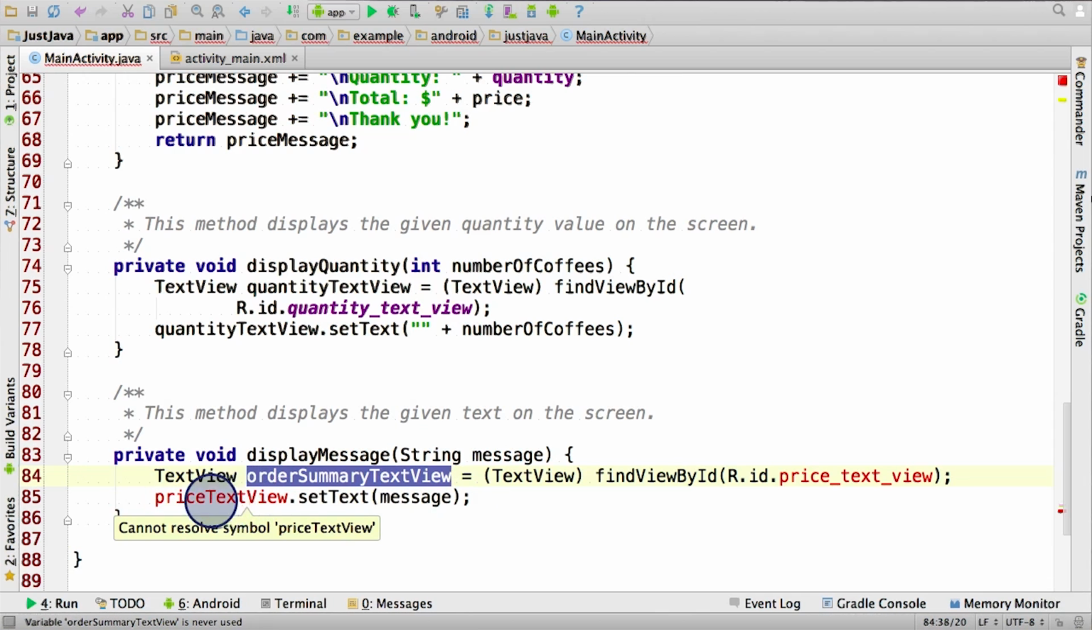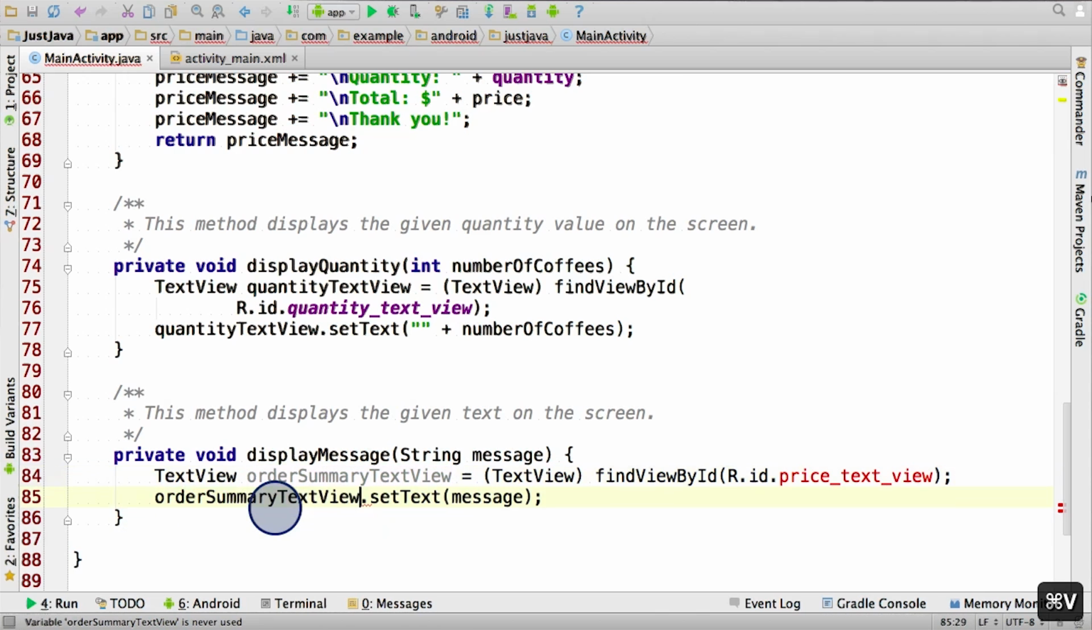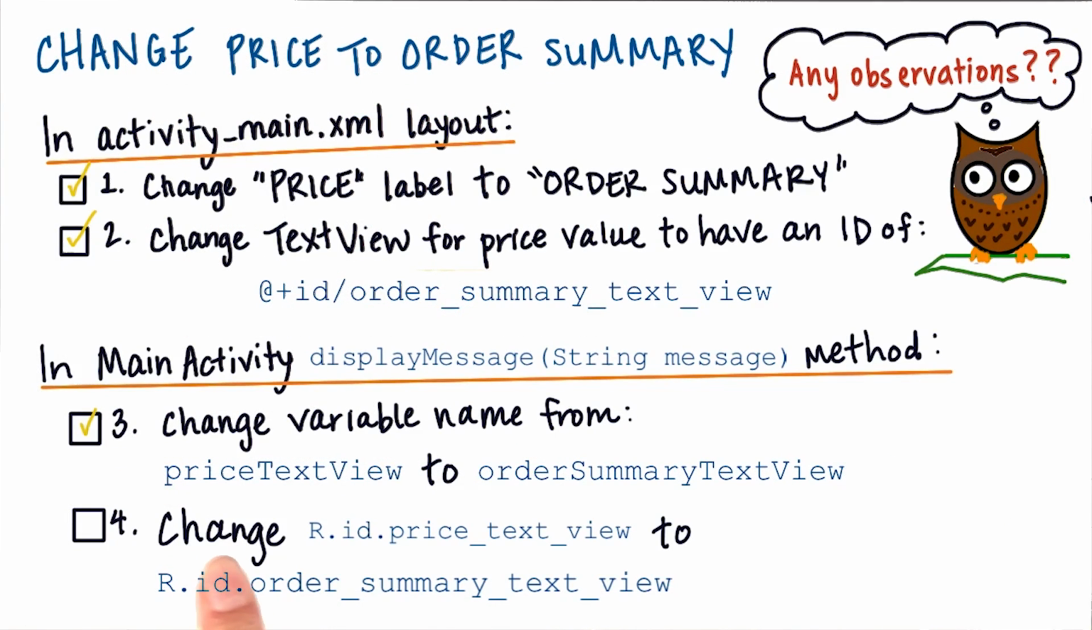because there's an error saying price text view is unresolved. I'm going to delete this and then use the new variable name here. Cool, and that makes the error go away. But I still have another error here, and I think it's related to the last task. The last item here says to change r.id.priceTextView to